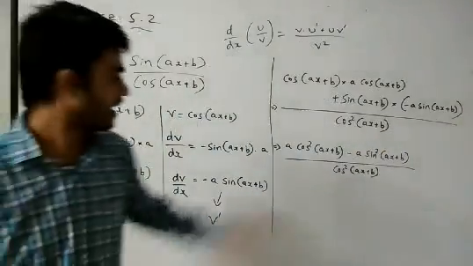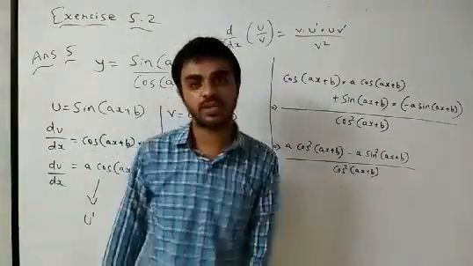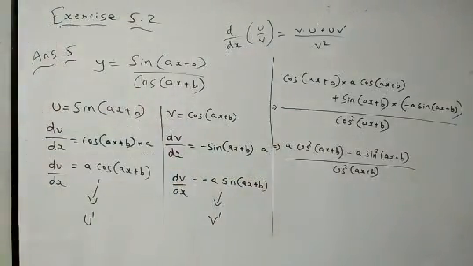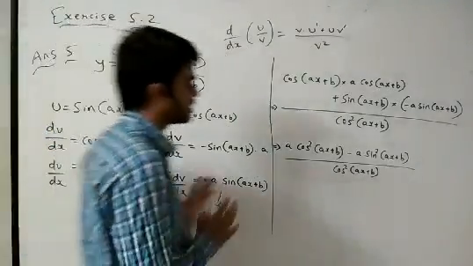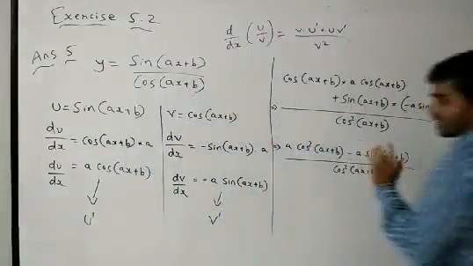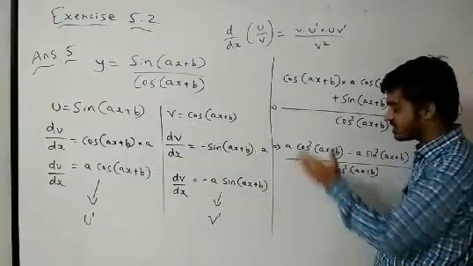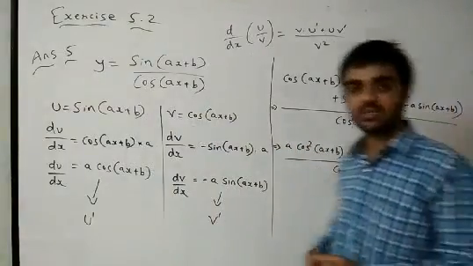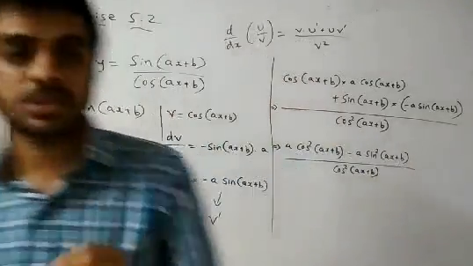Now we can take a outside, cos square minus sin square, then you have to simplify. So just now try to solve it on your own. What we have done is we have just completed the main part of the question, right? So here a will be common and the rest you can solve on your own. You will get your answer, right? So try to solve this. You will be able to solve, I am 100% sure.